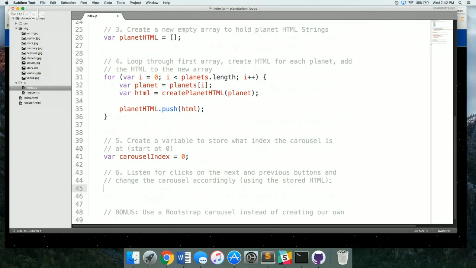Okay? So in order to listen for some event on some element, we know we have to set that up using jQuery. We can use jQuery to find the element that we're looking for. In this case, we just want to find the next button. The button has an ID of next, so we'll use that ID to find that button. And what we want to listen for is the click event. And when that click event happens, we're going to